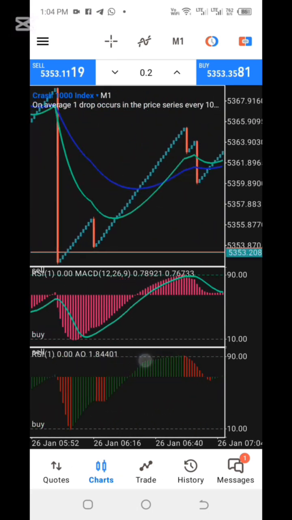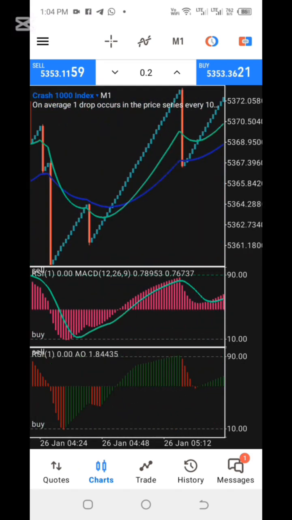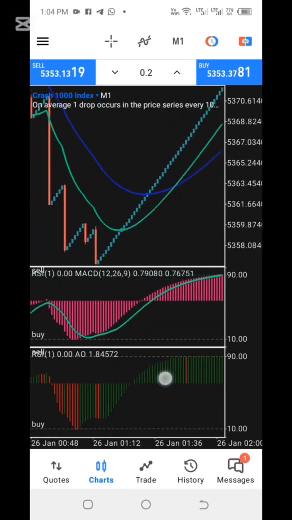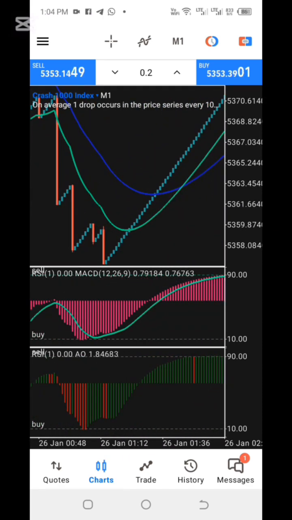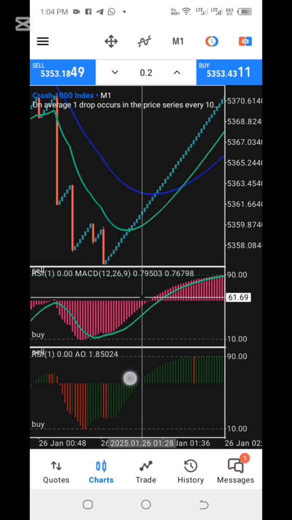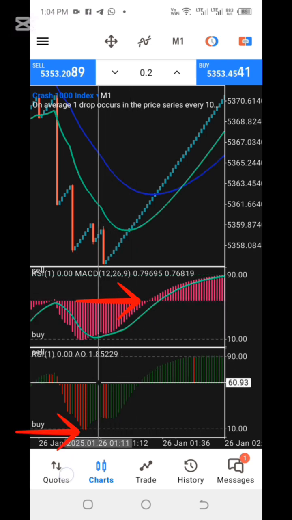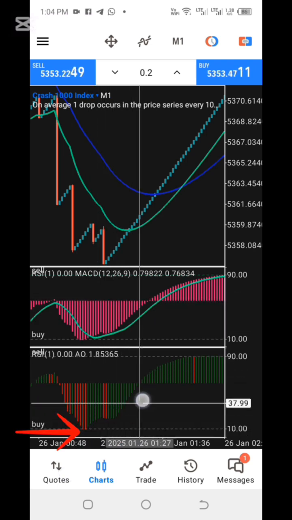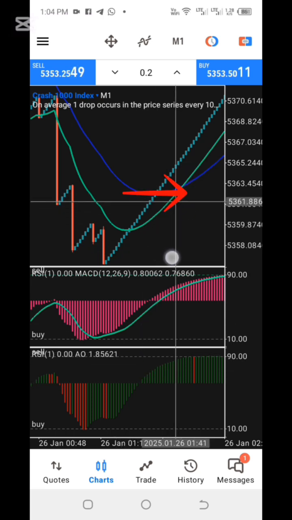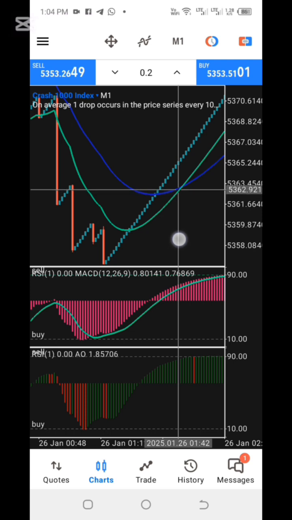So when you are in Crash 1000, there are conditions that must be met. The first thing, we have to check on indicators window 1 and 2. The MACD must reach level 10 and cross this zero line or the middle line. Then the awesome oscillator again must reach level 10 and cross the zero line. Then we need confirmation from the main chart whereby there's the crossing of these two moving averages and the green line must be above. When these three conditions are met, we take our buy in Crash 1000